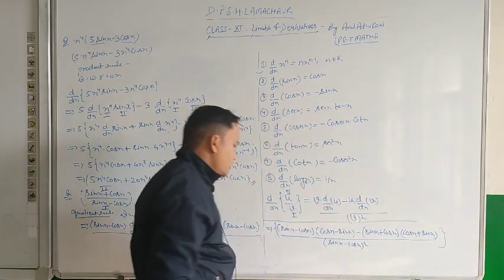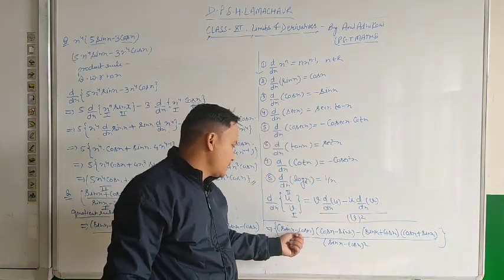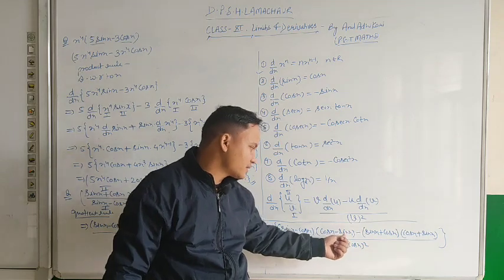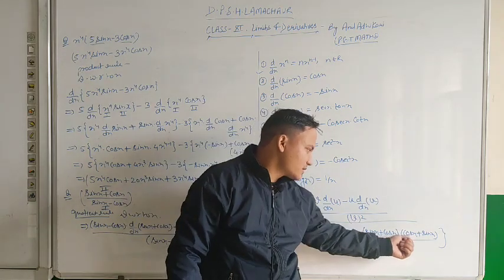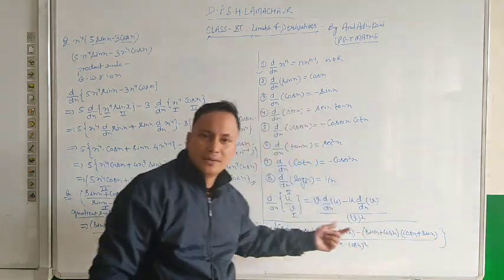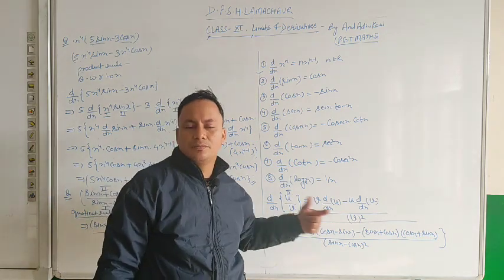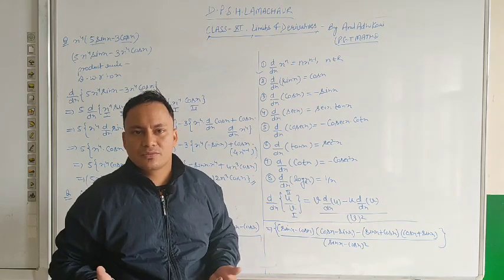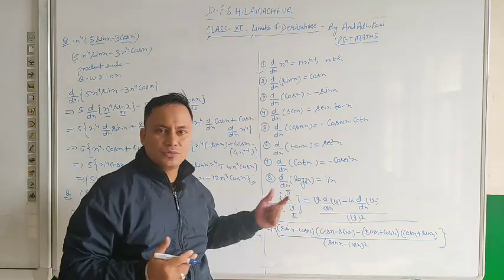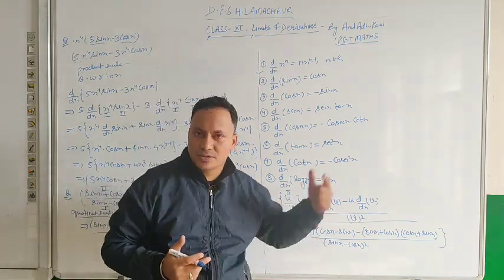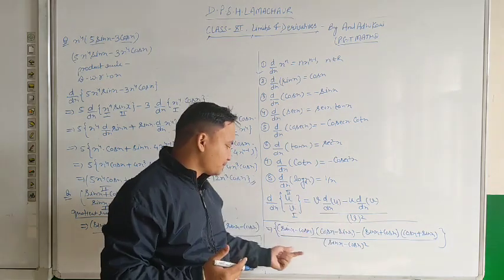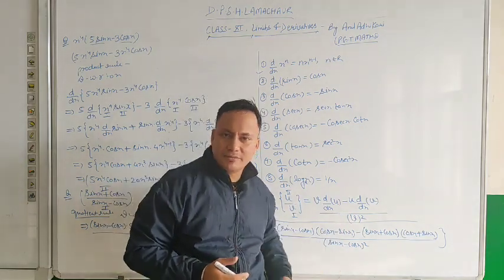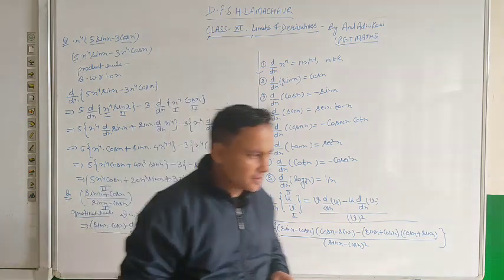Now see, multiplying them, sin x minus cos x with cos x minus sin x, and here multiply sin x plus cos x with cos x plus sin x, and there will be some terms which will be cancelled out, and there will be some terms in which you get sin square x plus cos square x. Then by identity you can take the value of sin square x plus cos square x as 1, and then divide by this amount, you will get your final answer. Okay, pause the video and take the screenshot.